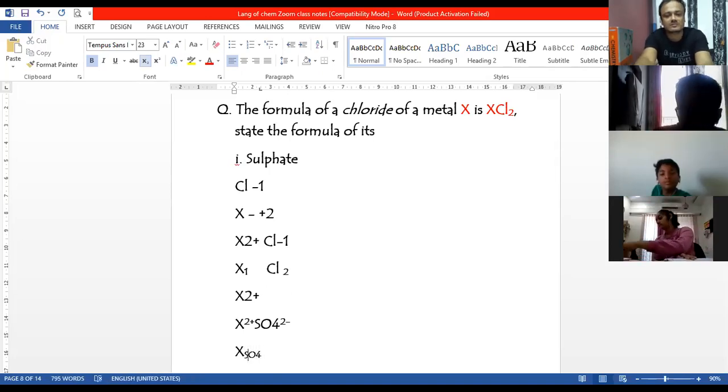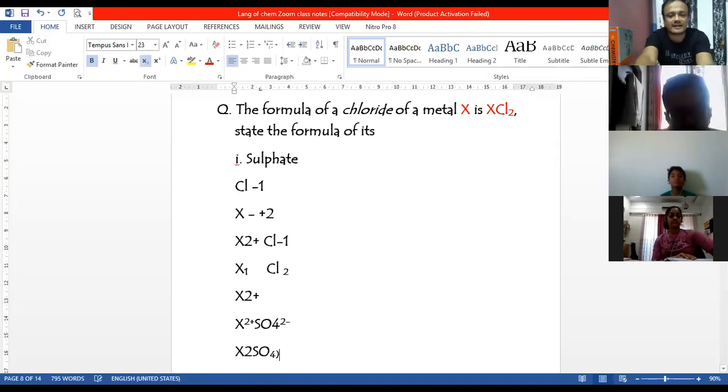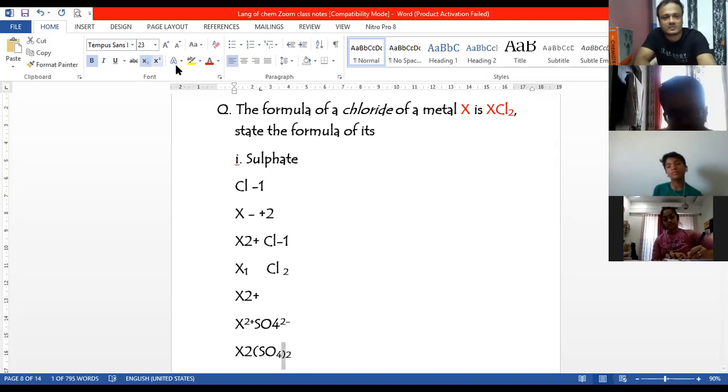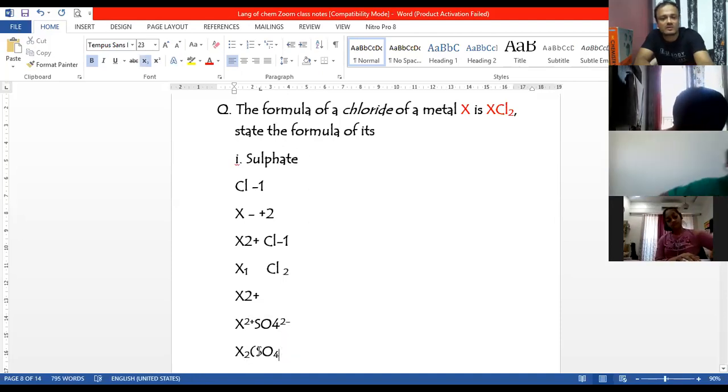Okay, so this is X2 and this is SO4. SO4 being a radical has to go in a bracket. So you put a bracket here. And this 2 comes out of the bracket. Okay, so for the formula of the compound, we have to cancel these two numbers. They are the same numbers, 2 and 2. So we cancel those two numbers. So this 2 is gone. Since this 2 is gone, the bracket will also be going, and this 2 is also gone. So the formula of the compound having sulfate would be XSO4.